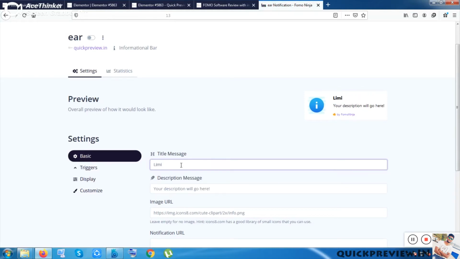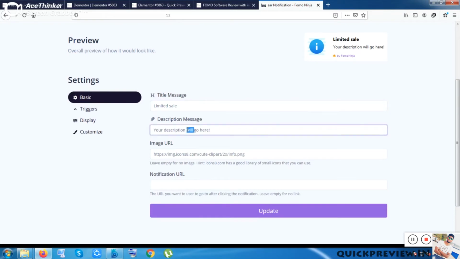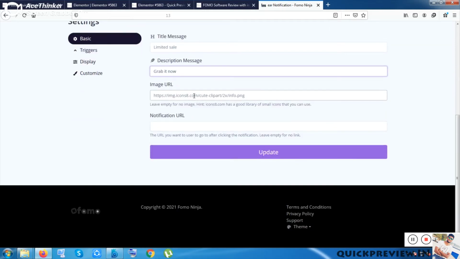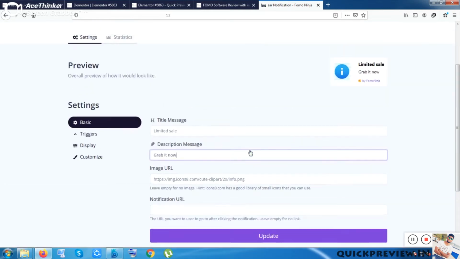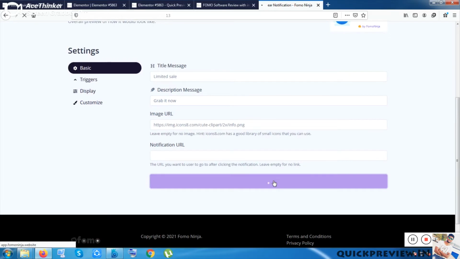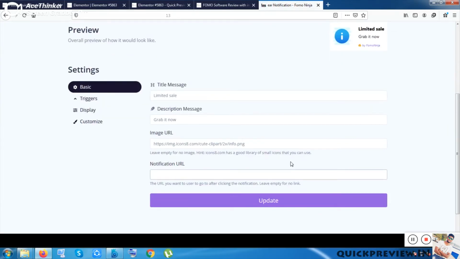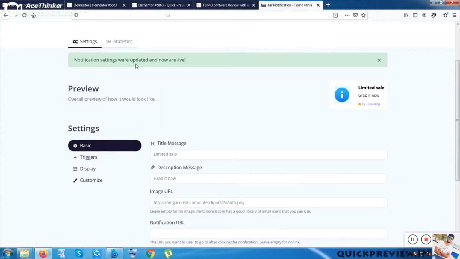Like limited sale, and you can put your description, grab it now, and you can put your image URL or notification URL and just click on update. Once I have clicked on update, it shows that my notification is now live. It will show something like limited sale, grab it now.